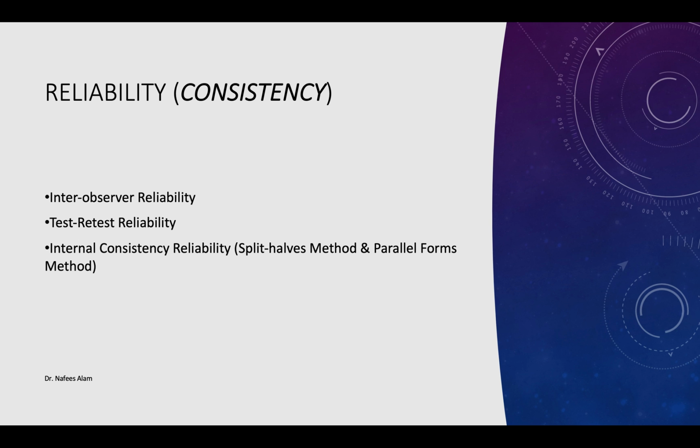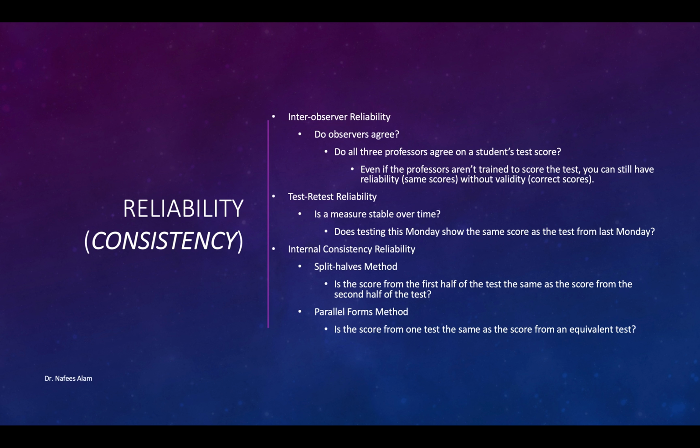In addition to validity, reliability also has some nuance to it, and here we'll go through some examples of more complex concepts within reliability. We've got inter-observer reliability, test-retest reliability, and internal consistency reliability. We'll have the split halves method and the parallel forms method shown here. First, with inter-observer reliability, you're seeing whether or not observers agree with what's being seen. If we've got 3 professors grading your test scores, do all 3 professors agree on a student's test